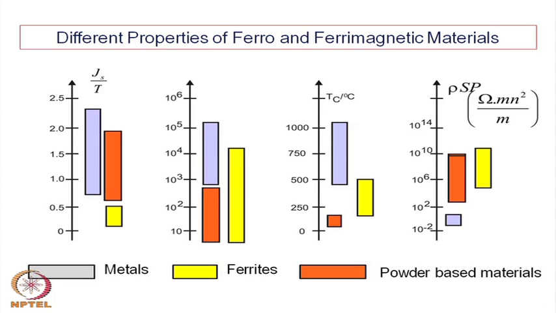So, while preparing these materials, particularly sintering at higher temperatures to make them a consolidated piece of solid, one has to control the atmosphere, the environment under which it has to be sintered,